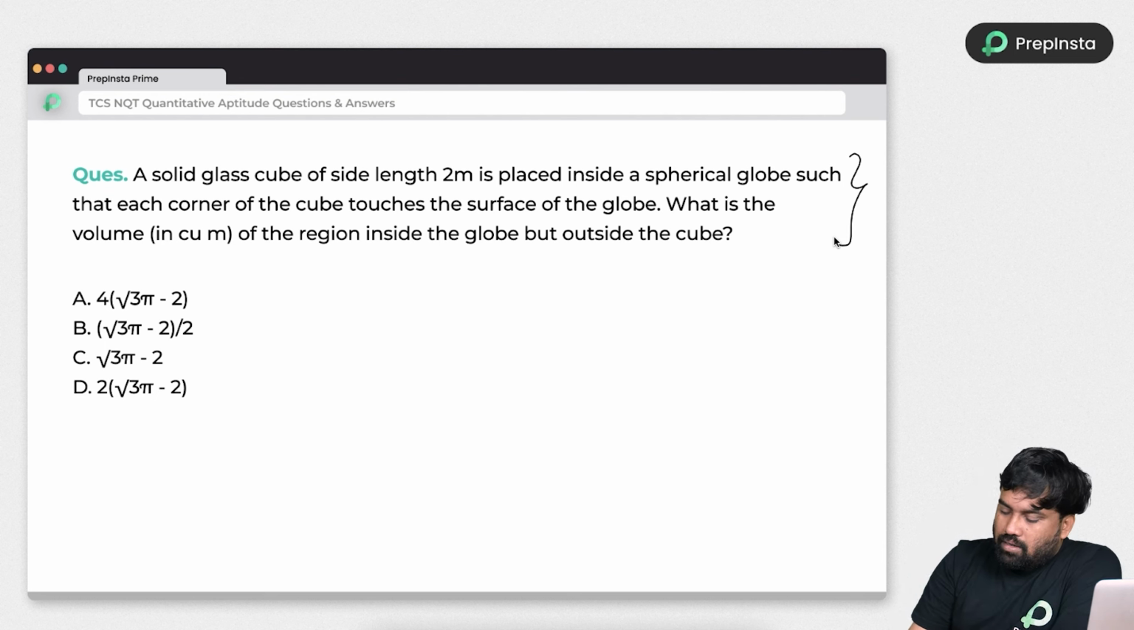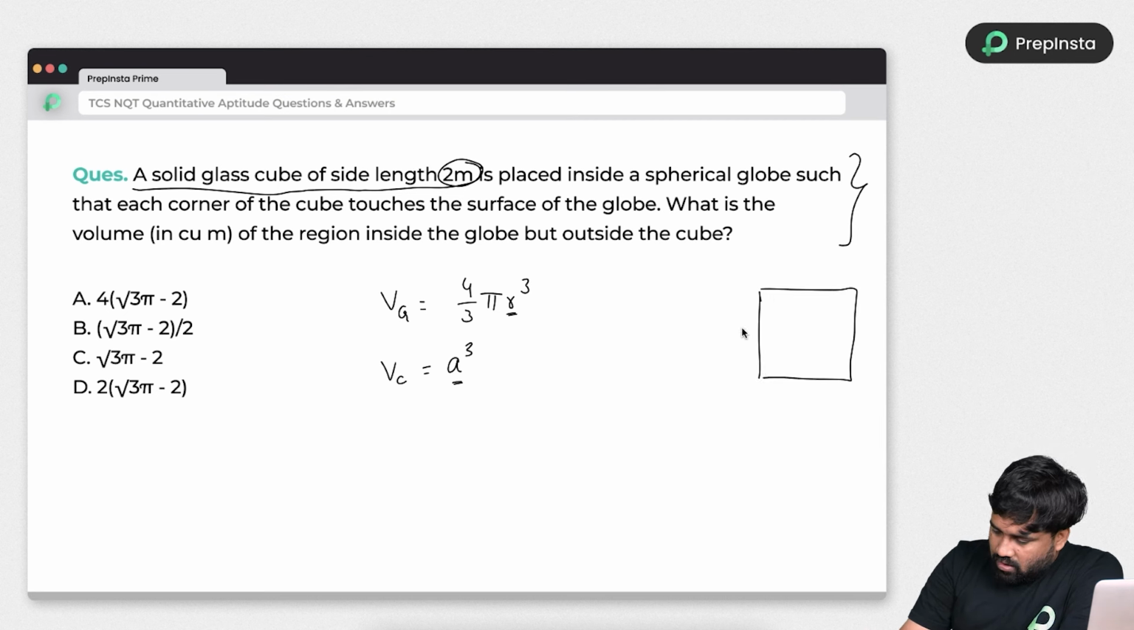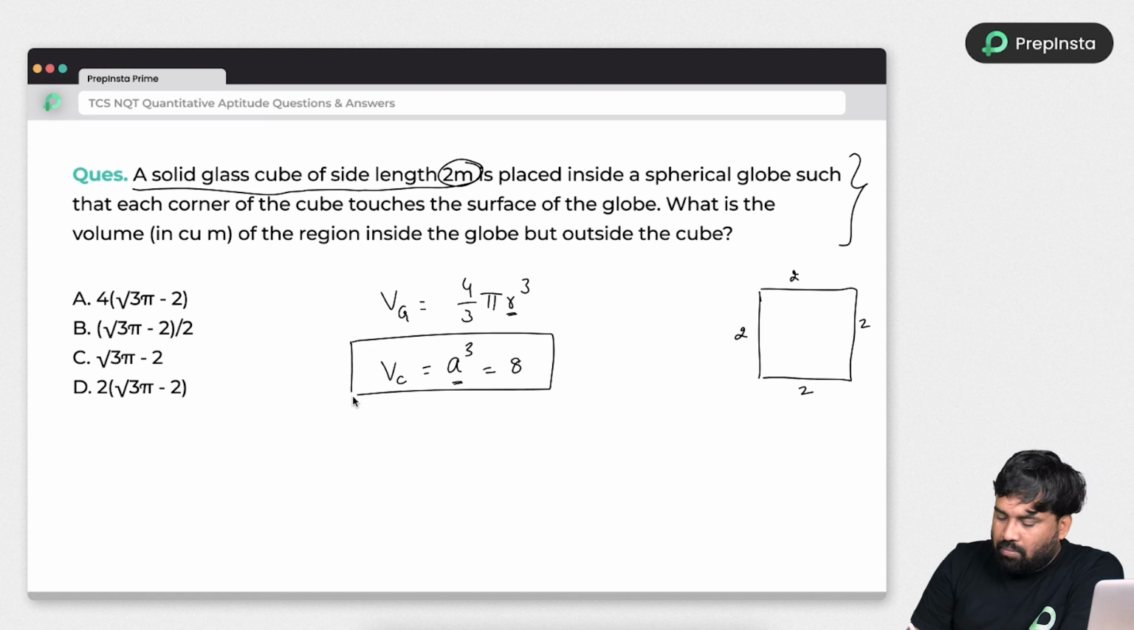So here, very simple. What is the volume of the globe or the sphere? It is 4 by 3 pi r cube. And what is the volume of the cube? It is a cube, for example, if the side is a. We need to find the radius of the globe and the side of the cube. A solid glass cube side is 2 meters. So the side of the cube they have given, and the volume is 8. So one problem completed. The second problem is where they have mentioned that